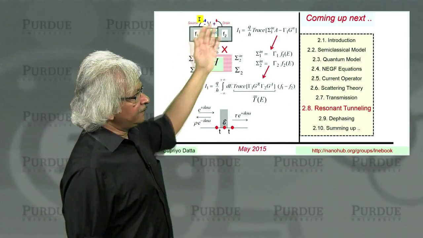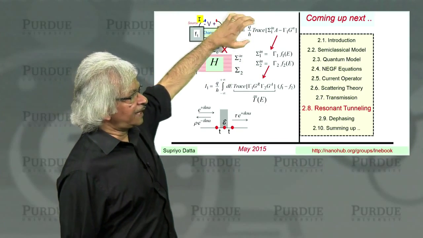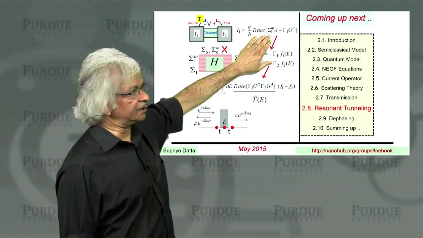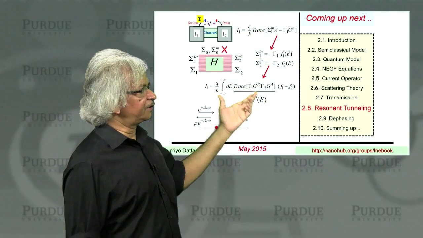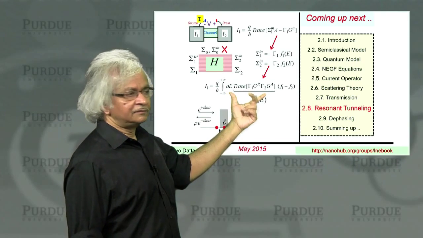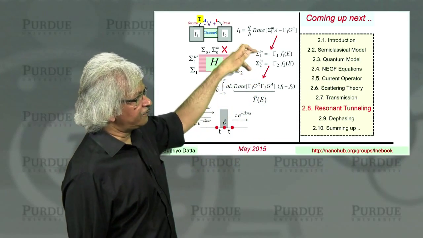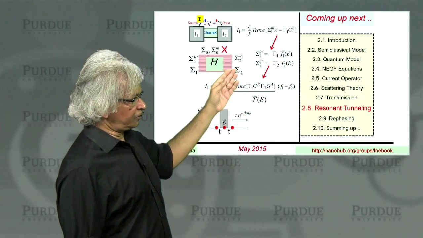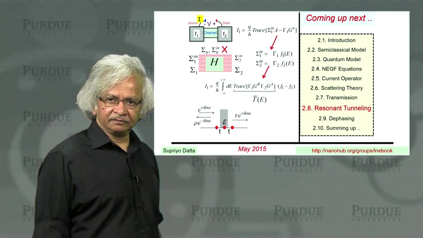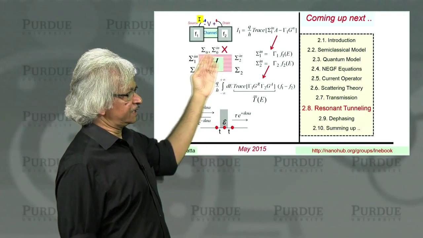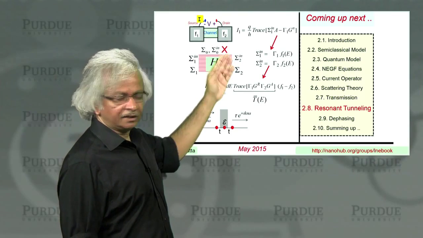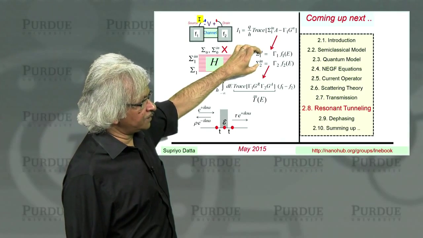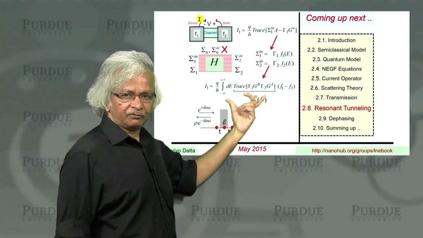To sum up, the basic point is that when you calculate currents, this is a very general expression that is generally applicable. But you can write the current in this form in terms of a transmission easily if sigma n is related to gamma through a Fermi function. That holds if your contacts are described by a Fermi function. It may not hold for, let's say, this interaction sigma, because there you cannot assume in general it's a Fermi function. So if you assume that, then you can write it in this form, and this is a form that is widely used.